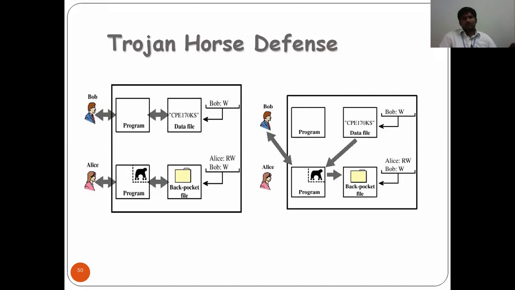See how it works. For example, in a network concept, Alice and Bob are going to do some data transfer. The program is going to write and be sent to Bob. Bob can write the file. Now Alice is reading and writing, sends to Bob, and gets the packet file back. When this happens, this is the Trojan horse attack. The attack happens at the time of receiving the packets.